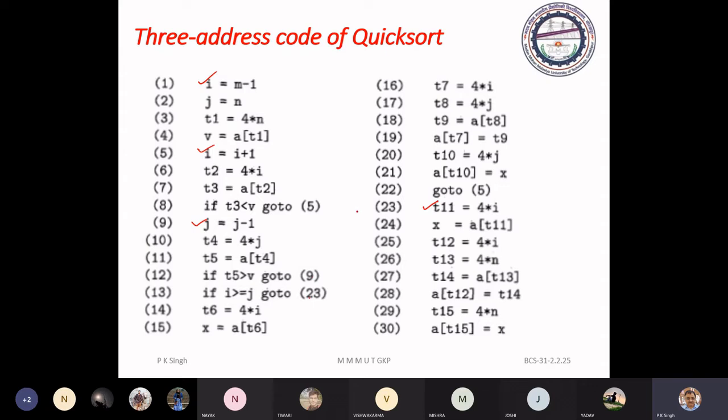Again there is a 5, so 5 is a leader. At 5 you will see two branches coming in apart from the main branch.